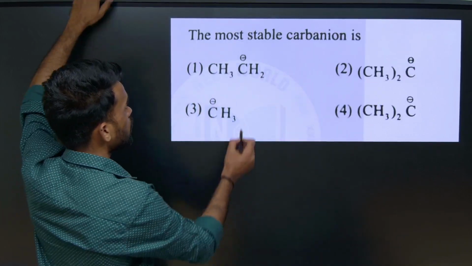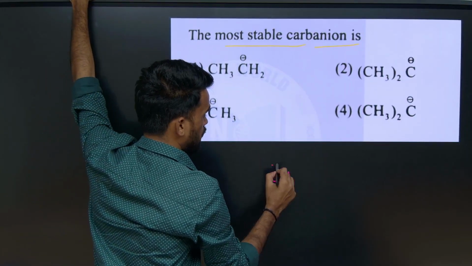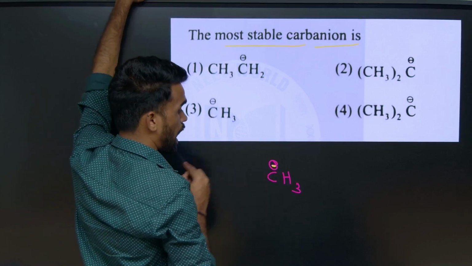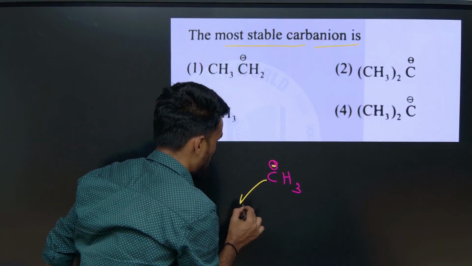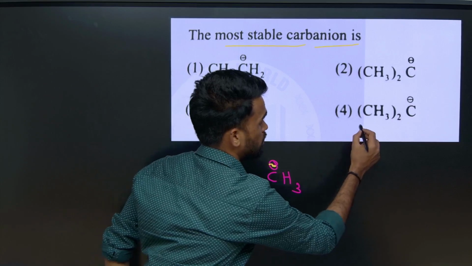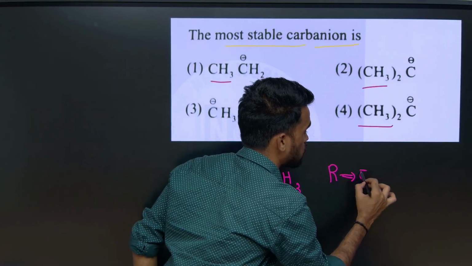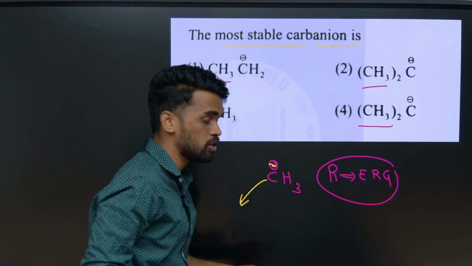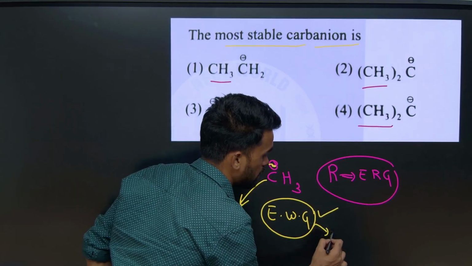Now, the most stable carbanion. I told you that a carbon having some negative charge on it can be considered a carbanion. This carbanion is stabilized with which groups? Electron withdrawing groups, which drag this negative charge towards themselves, and then it will be stabilized. Whatever alkyl groups are present are considered electron releasing groups, right? If a carbanion is present, you need to check for electron withdrawing groups. If they are present, it will be more stabilized.